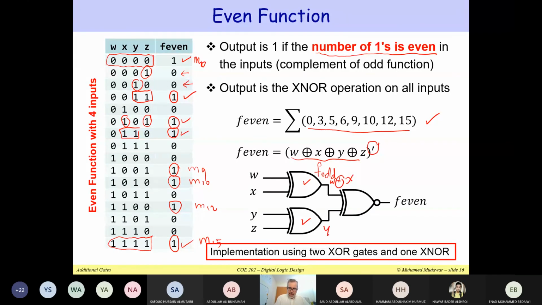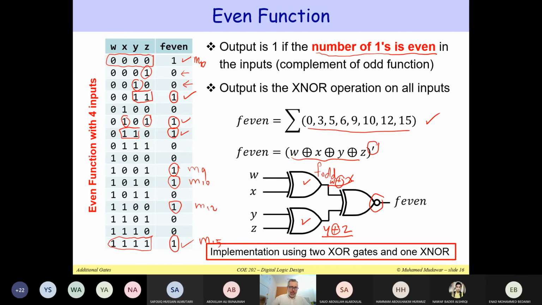Here I'm going to get Y XOR Z. But then finally, what I need to do is XOR and then complement. So the last gate is an exclusive NOR. And the reason why we have this exclusive NOR is that we need to obtain the F even, not the